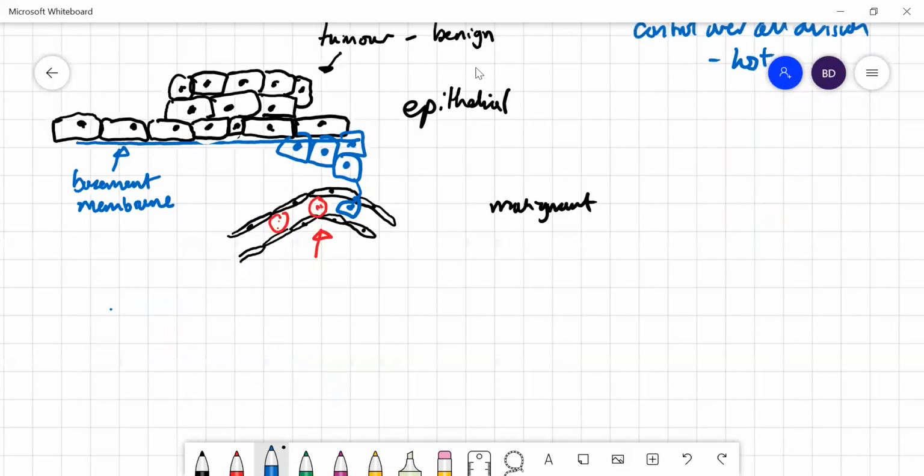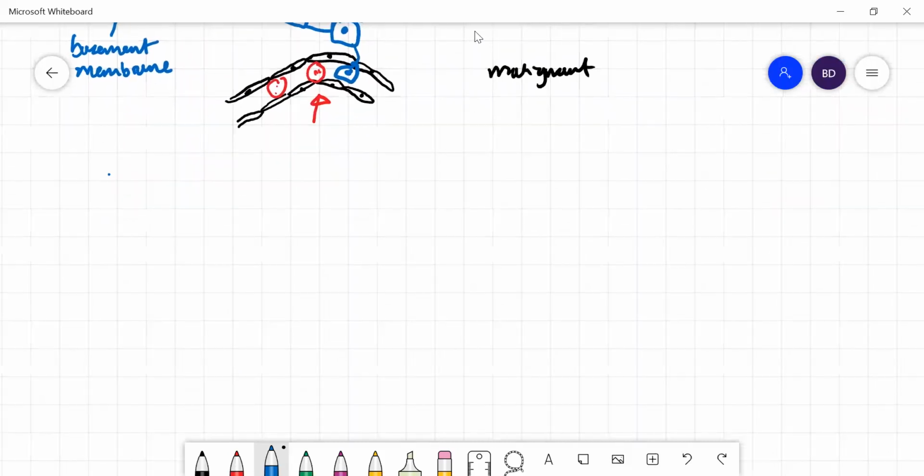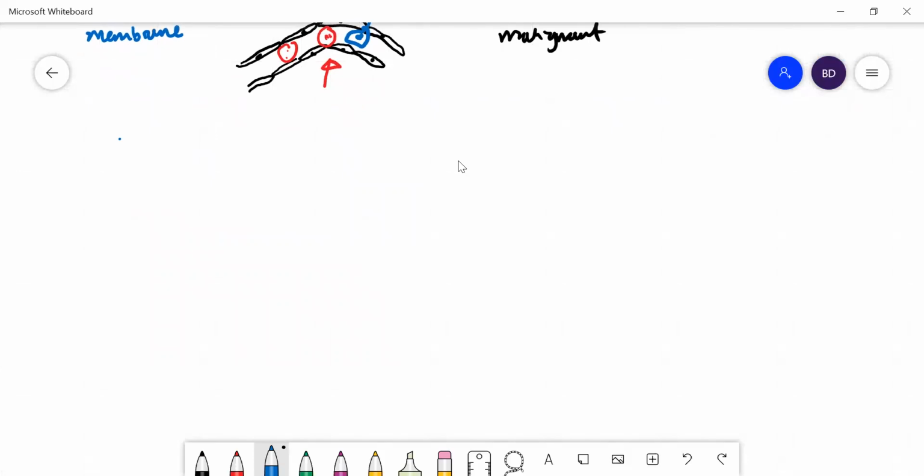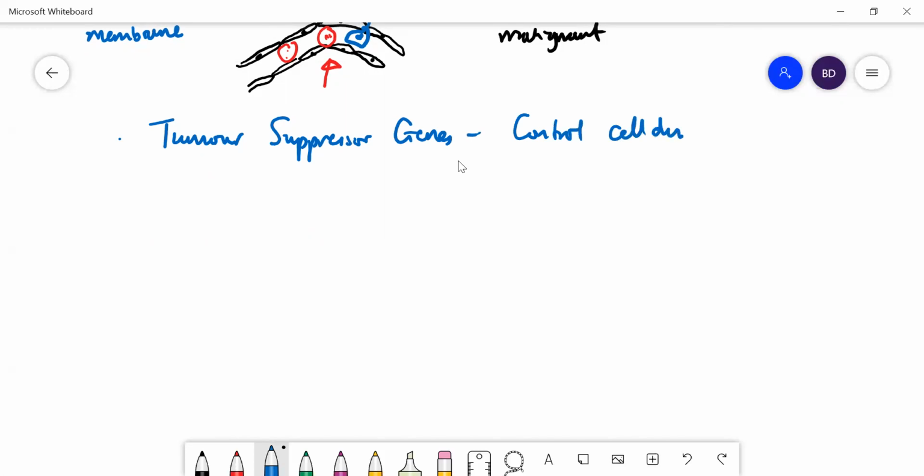Okay, so let's talk about the role of tumor suppressor genes, which is a little bit misleading, because they don't really suppress tumors as such. They control mostly things like cell division, also DNA repair, and those sort of processes, which if they go wrong can lead to cells dividing rapidly out of control and